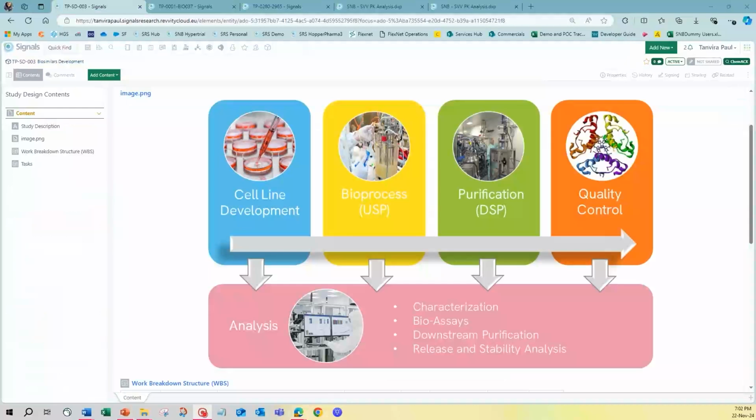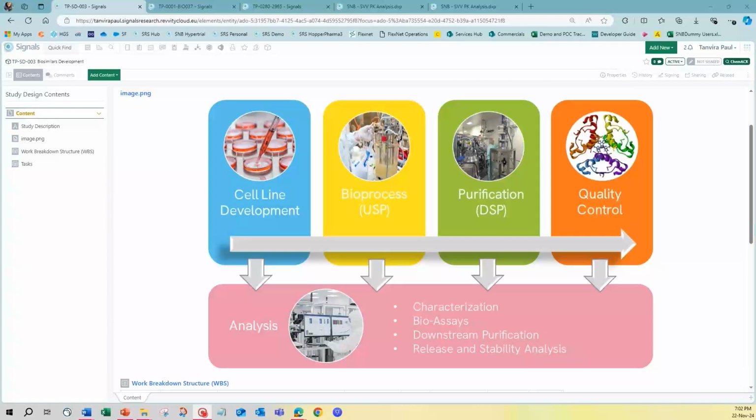We are aware that the biosimilar development process is a very complicated and complex procedure that involves several different experiments performed simultaneously by different users, and hence the need for collaboration is very important. Just like we witnessed how the scientists performed the cell line development experiment and optimized the media conditions required for scaling up of the cultures, we will go ahead and see how a scientist performs several in vitro